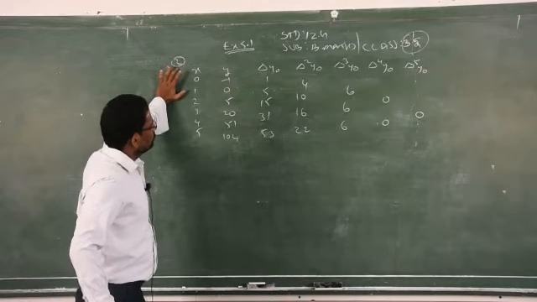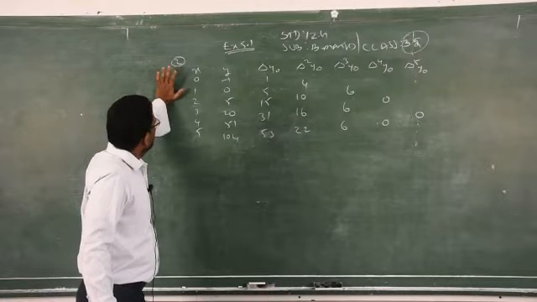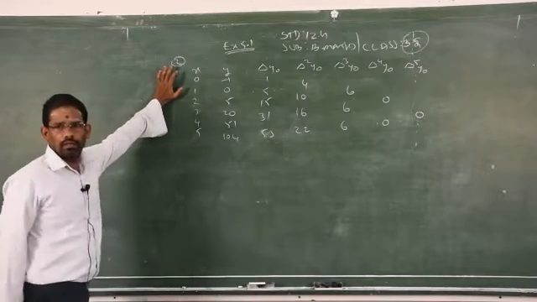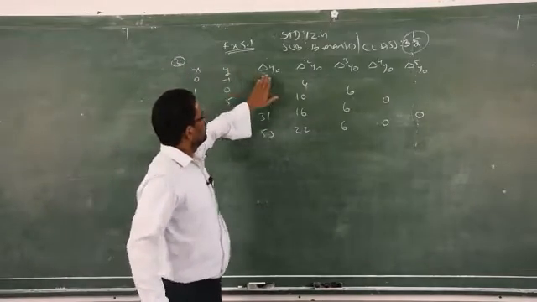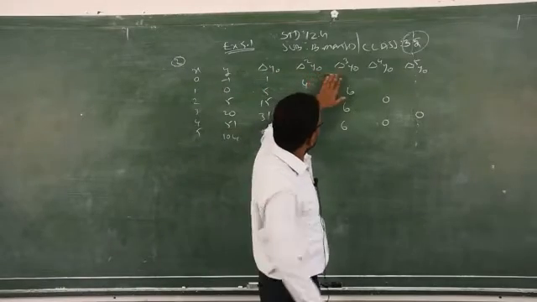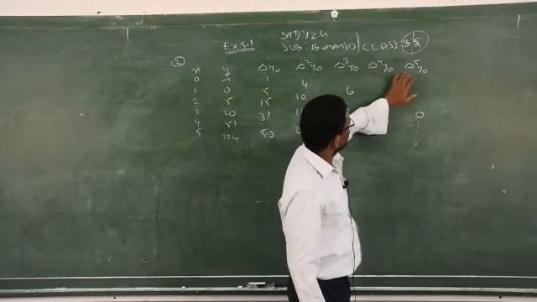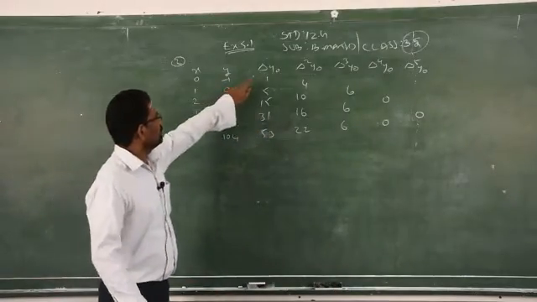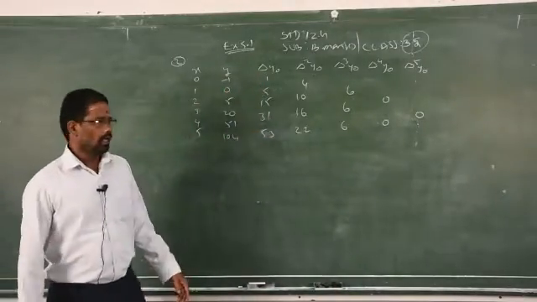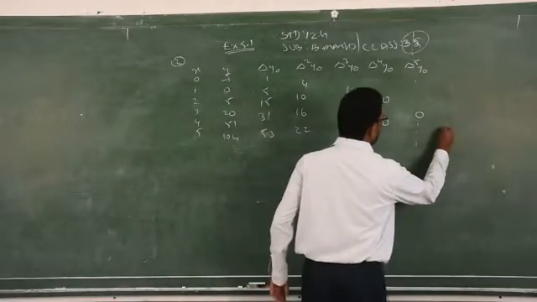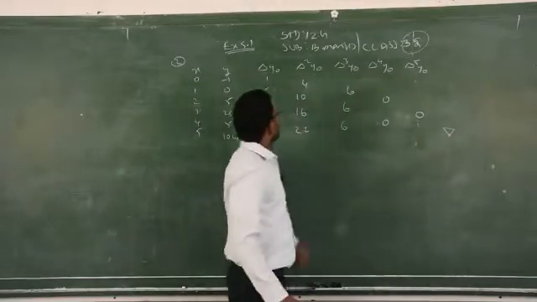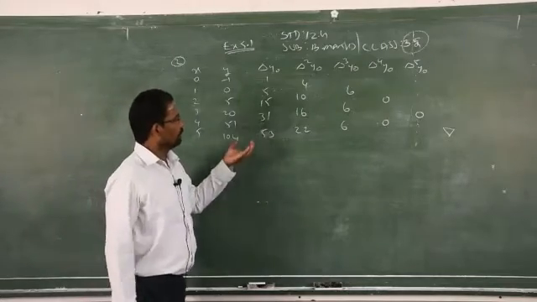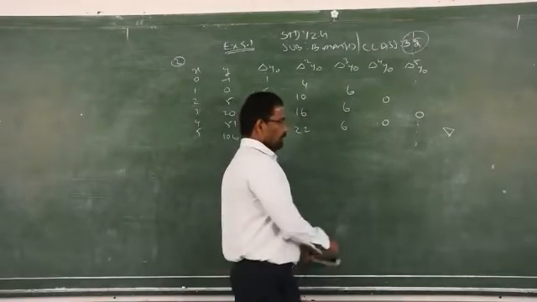In the previous day's sum number 2, I told you to check your calculations to find out delta y naught, delta square y naught, delta cube y naught, delta power 4 y naught, delta power 5 y naught. Clear? I told you already what is delta and what is nabla. This is called nabla, and this one is delta. So you have to check the calculations done in the previous class.